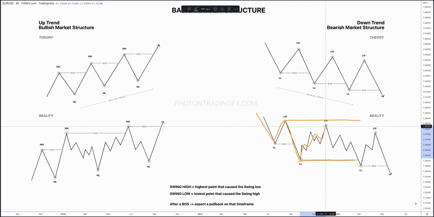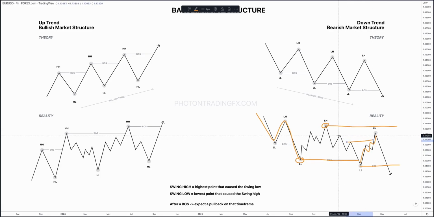So price can do whatever it wants, and then it's only once we then go on and break that swing low to form a swing lower low, then we can look back and go, where is the new swing high? Well, it's the highest point that took out this low, right, after it was printed, which would be this point here, okay? This is the swing high. So then you draw your new swing range, okay, between these two orange lines, and again, price can do whatever it wants. It can pull back,